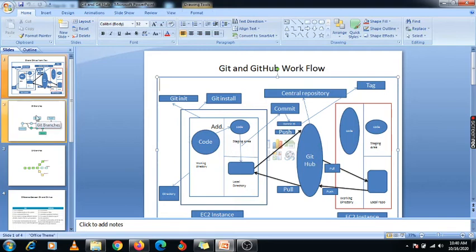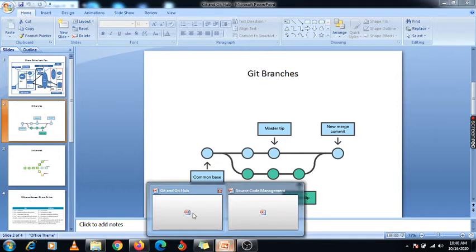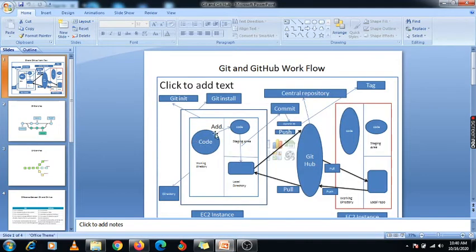Okay, so there are some other concepts available, that is branch, right? Branch is nothing but whatever code you have been writing. This is my code, this is the code which I have written. The code which I have written, we are saying that is my master code, right? So that is my master branch. Whatever code he has written, that is my master branch.